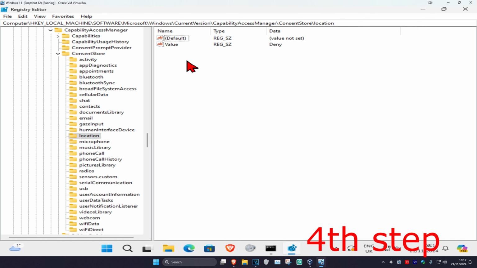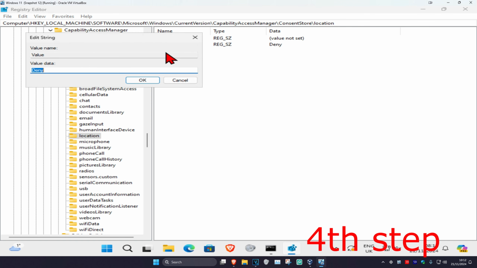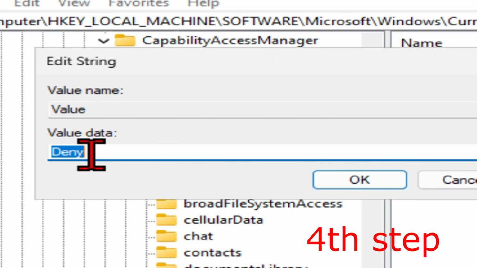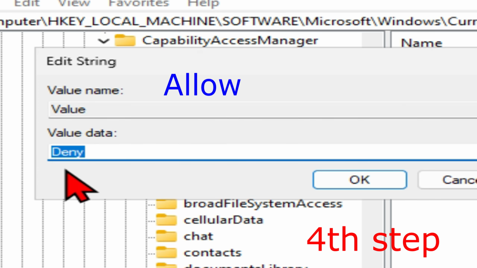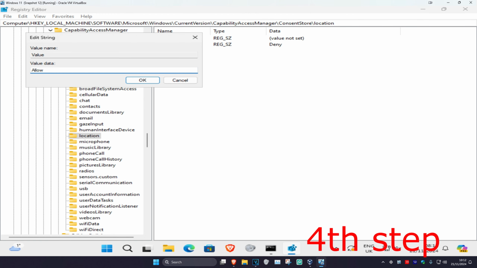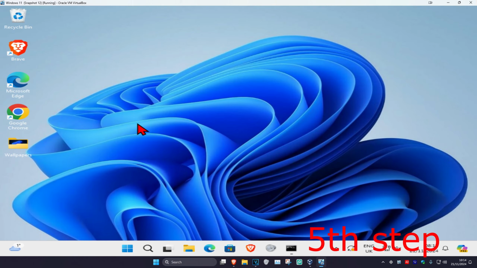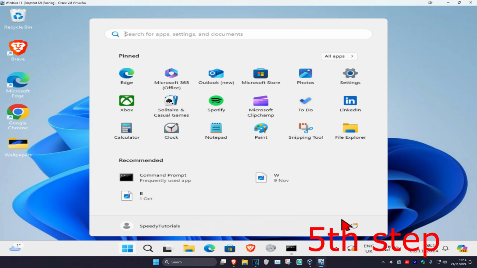And now once we're here, you want to find Value. Double click on Value. You want to set the value data. So in this box right here, you want to set this to Allow. So for me it says Deny right now. I'm going to delete this and then type in Allow. Use the same spelling, capitals and lowercase as I did, and then click on OK. And then once you do all of that, you just want to restart your computer